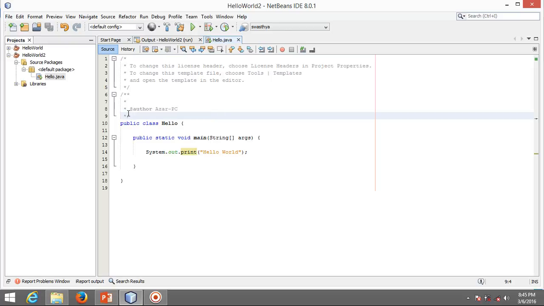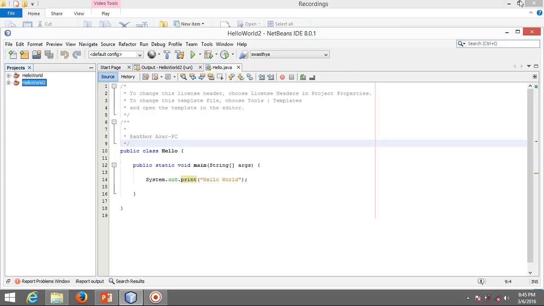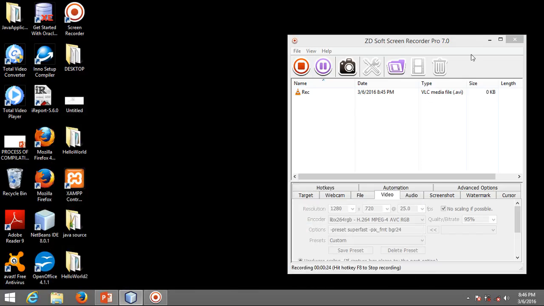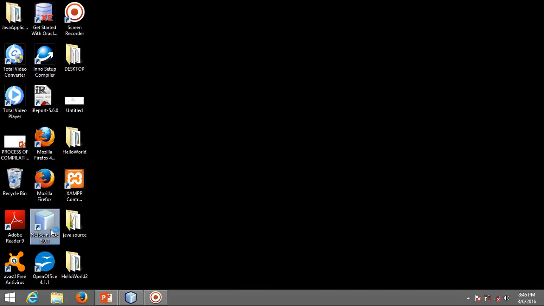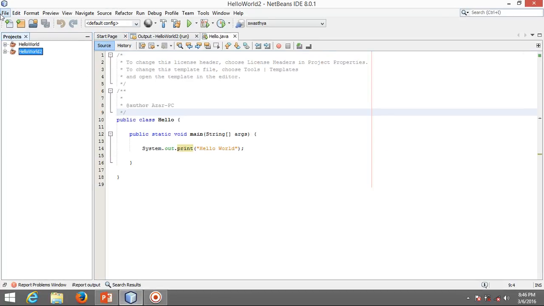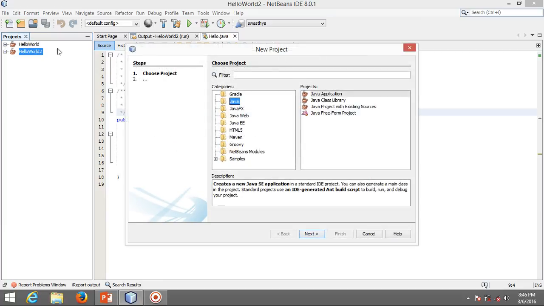Now in this tutorial we are going to learn how to write an application in NetBeans, and we will learn about the variables and the data types in Java. So let's start. You can start your NetBeans from your desktop by double clicking on it. Then you can go to File, New Project, select Java application,